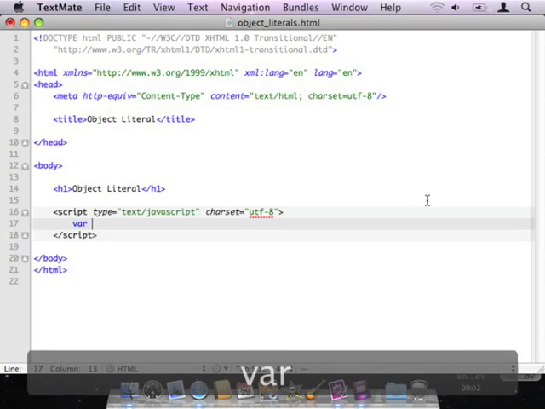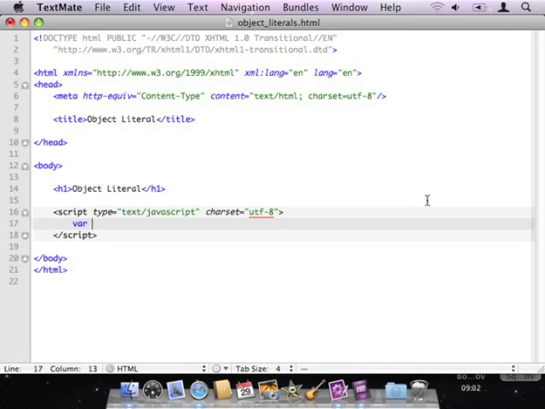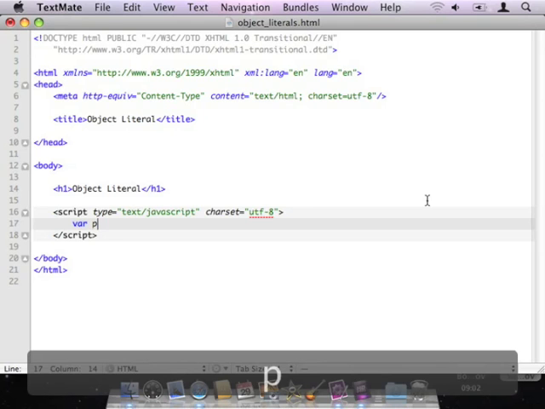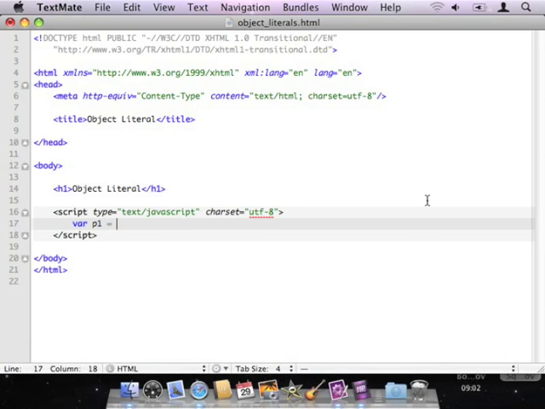I'm going to create a variable, and let's say that what we want to do is be able to store a person's first and last name together quickly and easily in an object literal. So I'm going to create a variable to hold this object. I'm going to call it p1 for person 1, and then what I'm going to assign to it